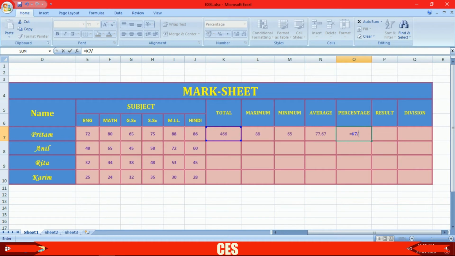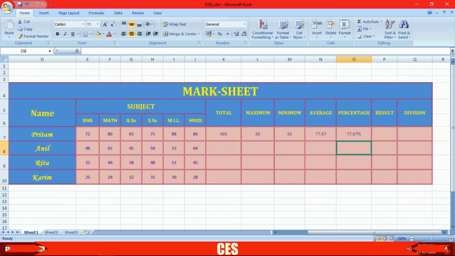So the subject total mark will be 600 here, because the subjects are 6 here. So the subject total will be 600. Now just press enter. Here your percentage has come.